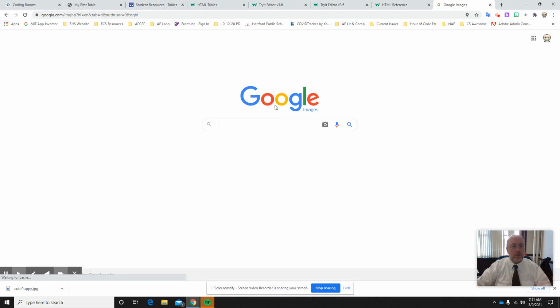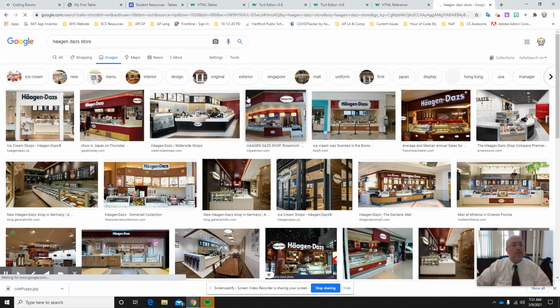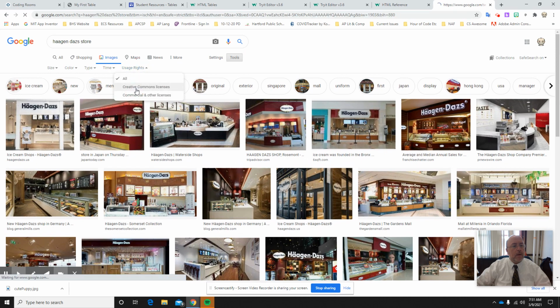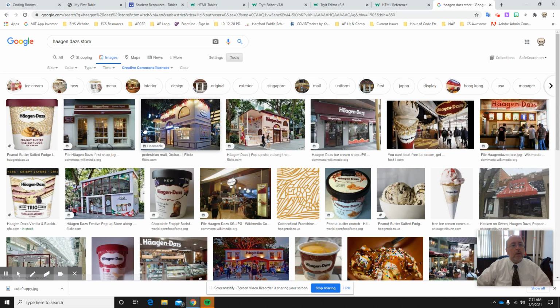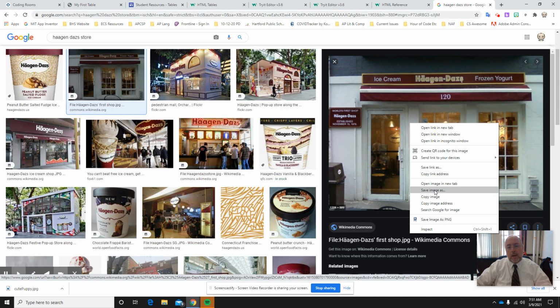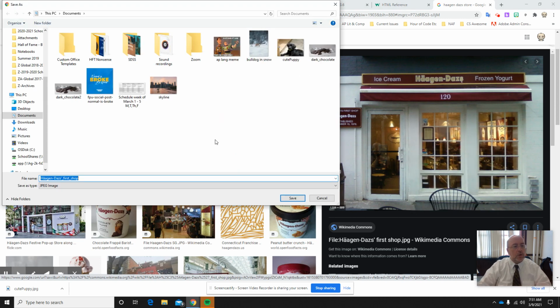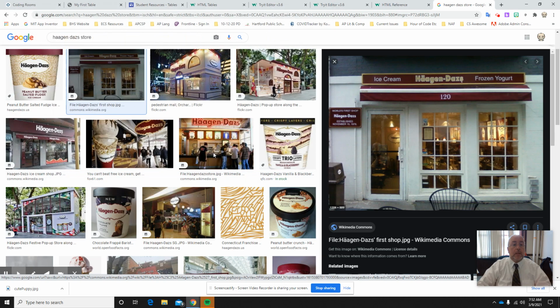So go right here to images. I'll go to Haagen-Dazs store. See if I get any pictures, right? Settings, tools, usage rights, Creative Commons licenses. And there we go. So that's a Haagen-Dazs store. That's licensable. All right, so here we go. I'm going to take this one right in here, and it's from Wikipedia, so it's okay. Save it as, and we're going to go to Haagen-Dazs first shop. I like that name. I'm actually just going to call it store